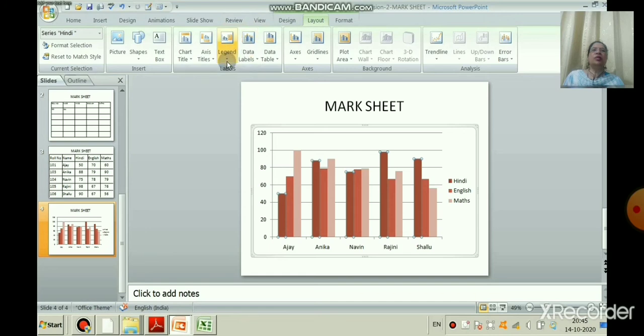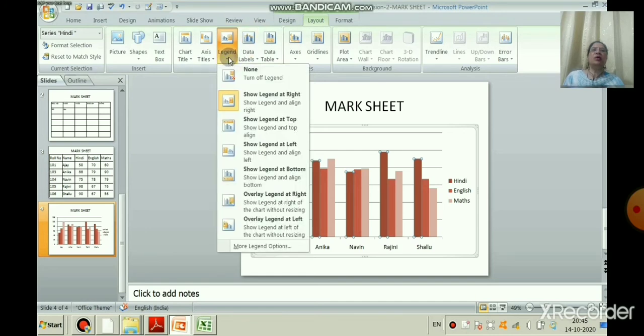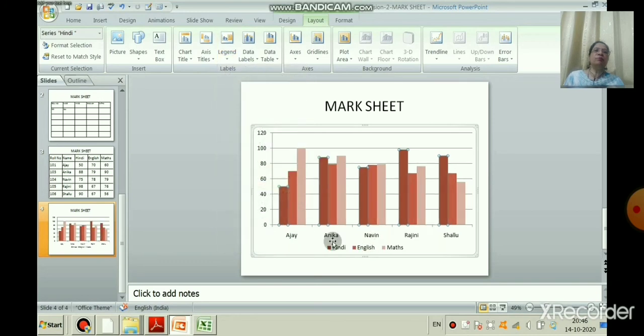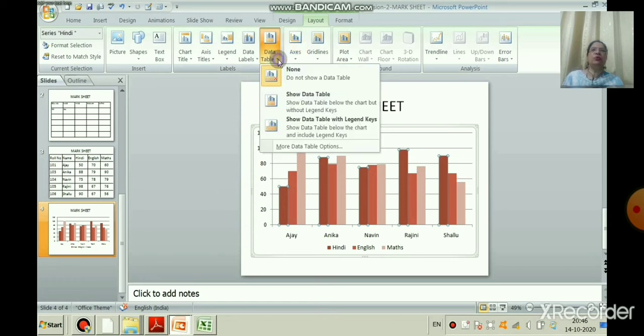Now in the layout, can you see the legend is on the right side? Now you want to take the legend down, so just select bottom. Can you see here Hindi, English, Maths is now down? This way you can do it.